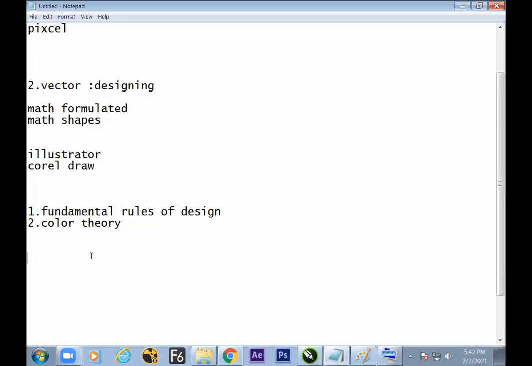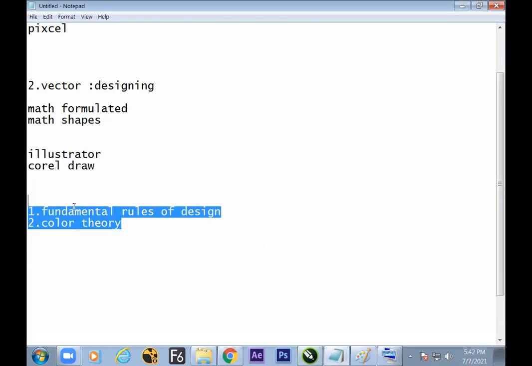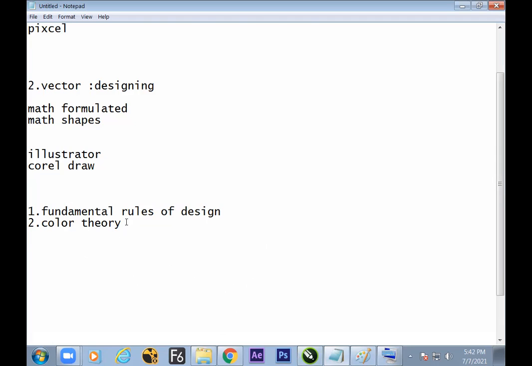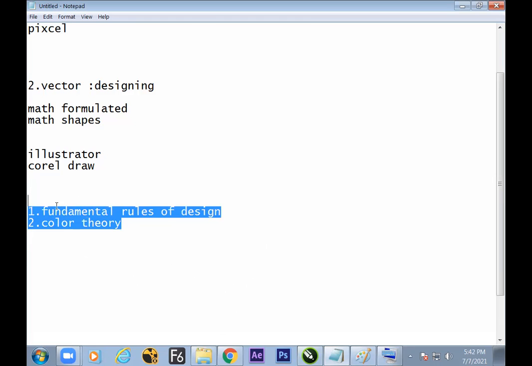Fine then. So let's move to the next part. First, we started with the introduction to the software: what it is, where to get it, and what the alternatives are. Second, we learned there are a few things to take care of before starting any designing. These rules apply to every field, either physical art or digital art. Whether it is graphic designing, interior designing or fashion designing, it does not matter. This is a common thing to learn, which is missing from software learning, and it makes up the major part.